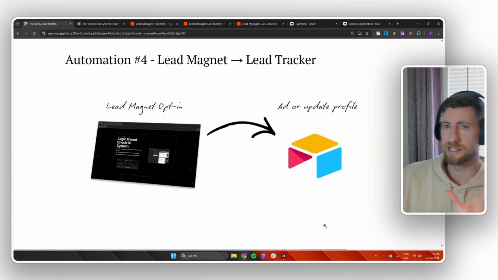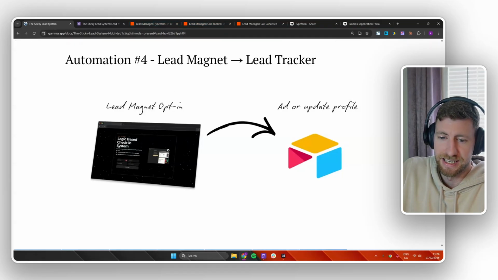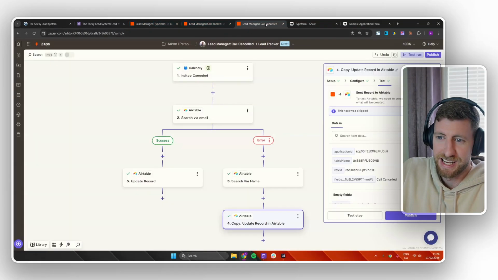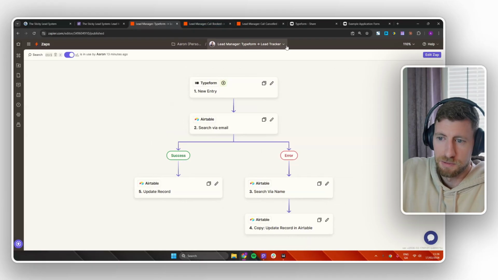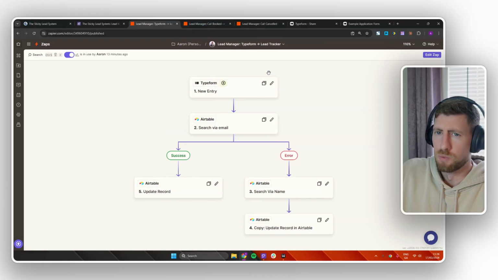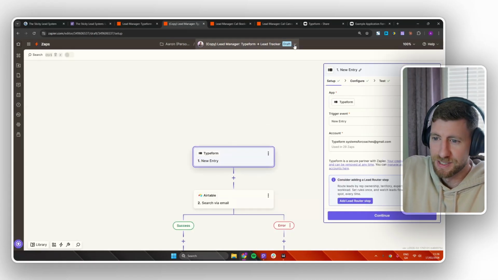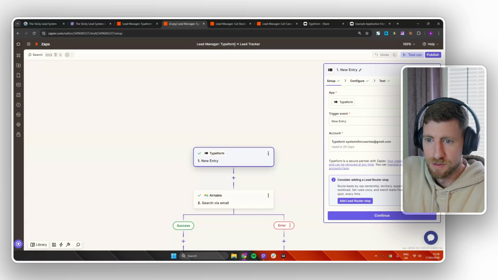So we're going to do things slightly differently on this one. We'll pretend that, like for this instance, instead of using a landing page, we'll pretend that it was actually Typeform that we got the person's lead opt-in through. So we'll duplicate it. I wouldn't recommend using Typeform as well. It will cost you a fortune with the volume if you're using it as a lead magnet. But any form software, you could use Airtable forms, or you could use an opt-in through a website. But we will say